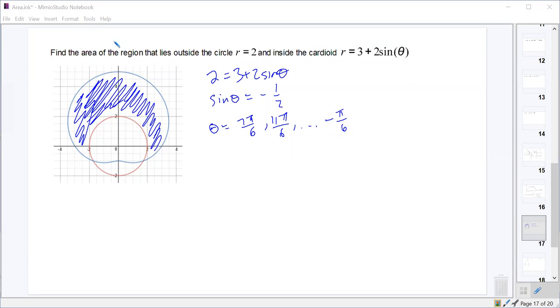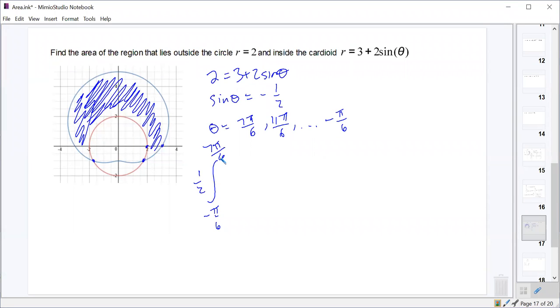Yeah, negative pi over 6 to 7 pi over 6 is correct, Elon, right? Because we're at this point at 0, and we're at this point at 0, and we're traveling this direction. So just before that, they should have intersected at negative pi over 6. Here's pi, they should be intersecting at 7 pi over 6. So the integral that we should set up ought to be 1/2 the integral from negative pi over 6 to 7 pi over 6